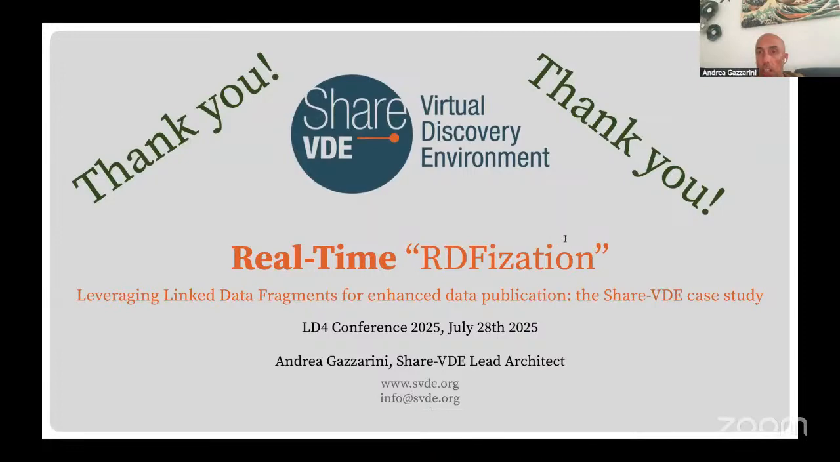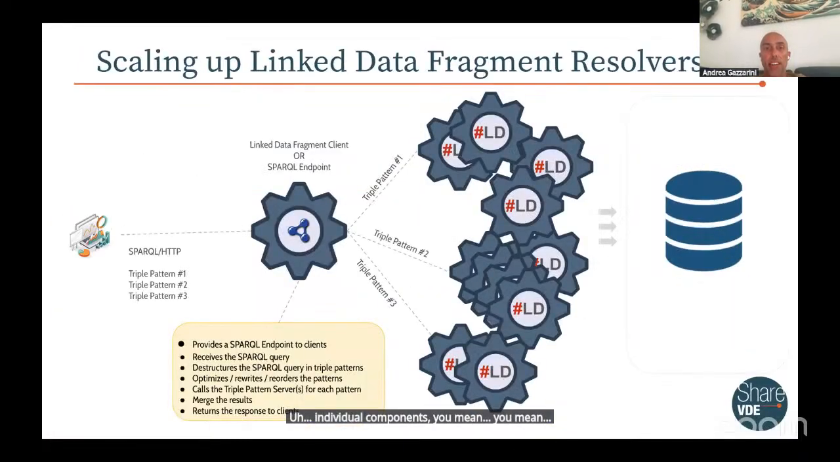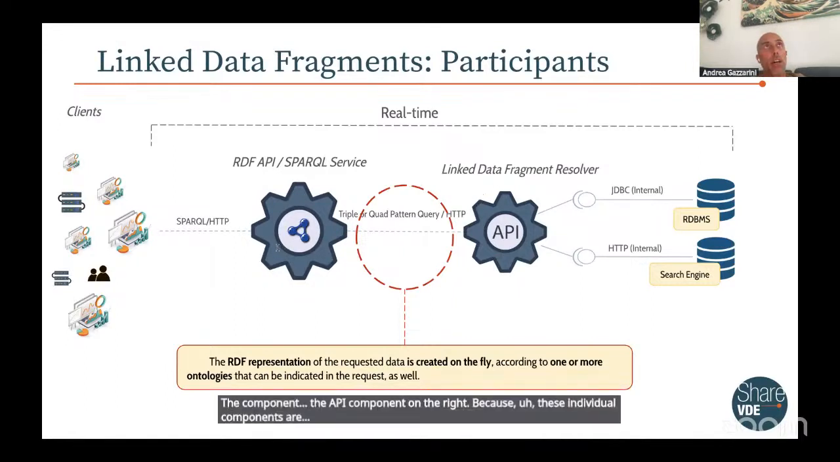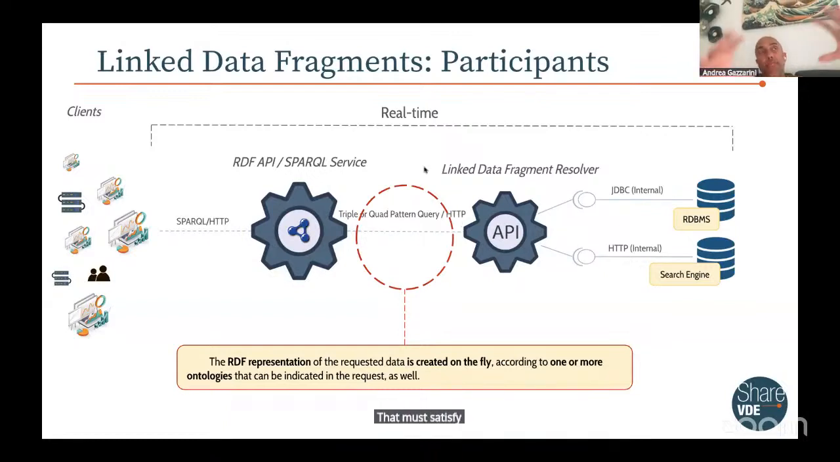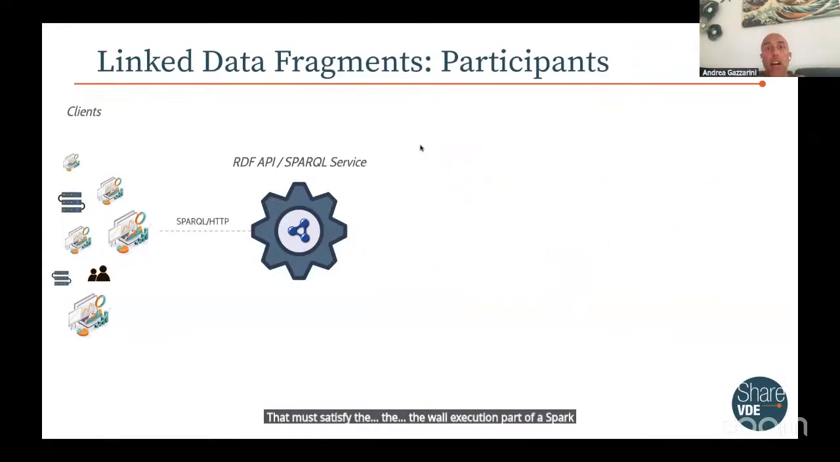Individual components, you mean just the API components on the right? These individual components are not more complicated. I would say they are simpler than a monolithic server that must satisfy the whole execution path of a SPARQL query. In our example,